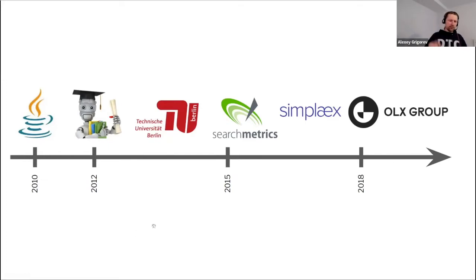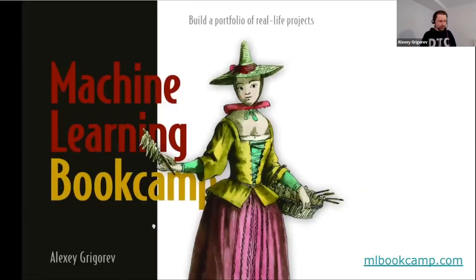But looking back at my career journey, when I decided to transition from software engineering to data science, I think I made a big mistake. This mistake cost me 2 years. And this mistake was a master's degree. I don't think that if you want to transition now from software engineering to machine learning, you need to make the same mistake. You don't need to spend 2 years getting a master's because, as you will know from this presentation, there is a faster way of doing this.